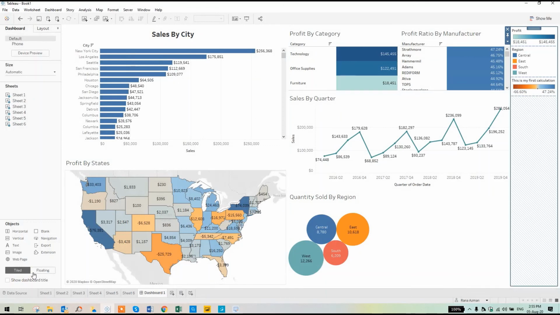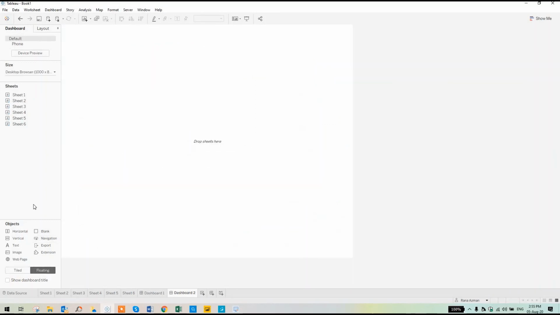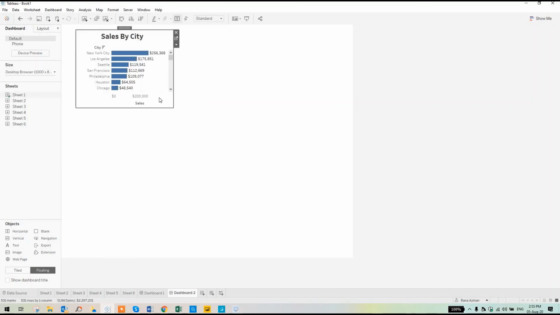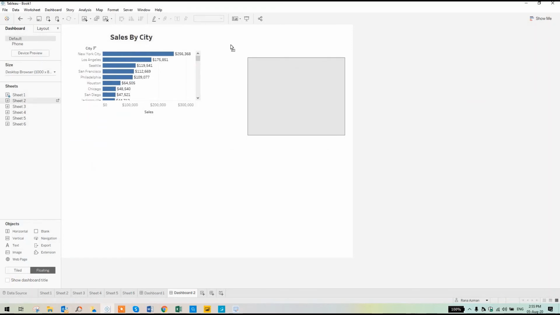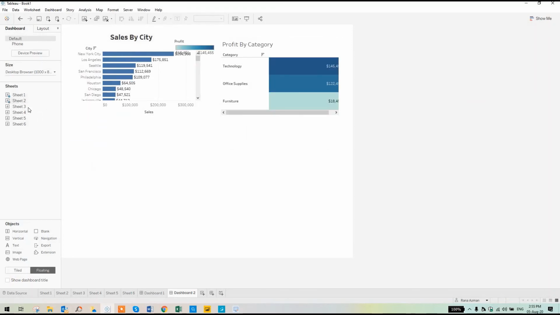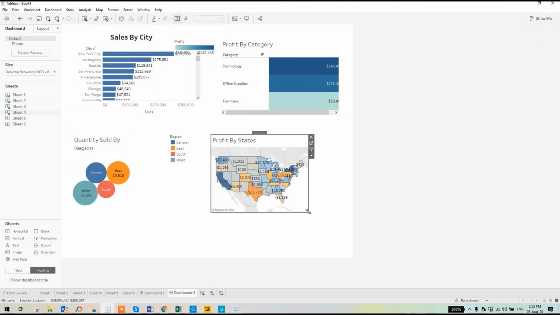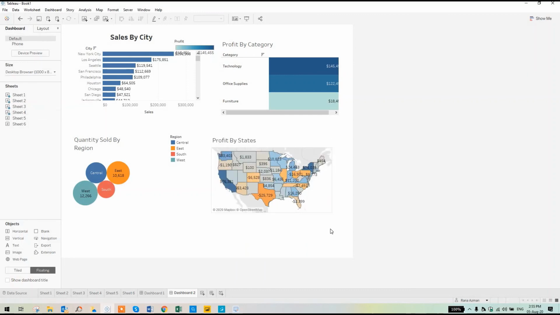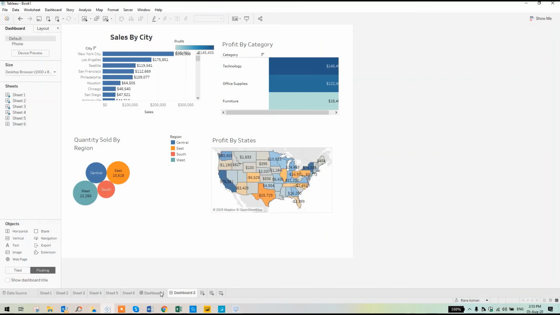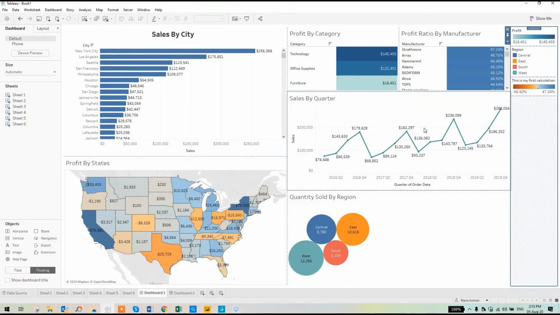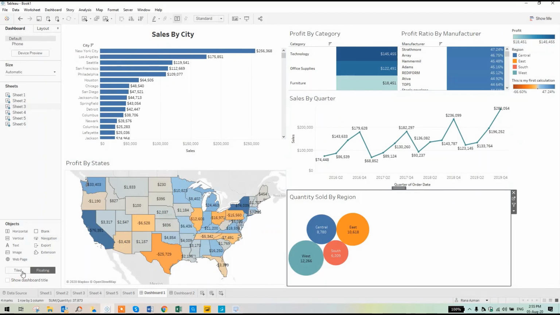The second thing is the floating one. If you drag and drop the sheet via the floating one, for that we'll create a new dashboard. We'll click on this floating one over here, and you can see that it is manually placed by your placement. It is not automatically picked, as you can see here. So I would say you should go with the tile approach, and get yourself familiar with the tile approach. The floating one is also good, but most of the time the formatting and every placement is already done by Tableau in the tile approach.